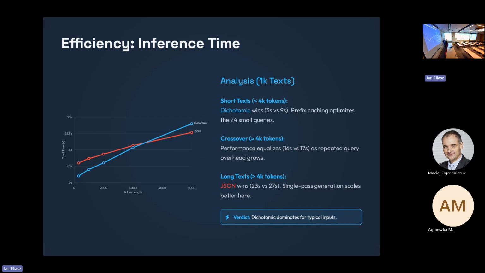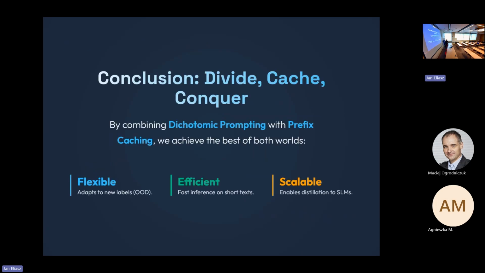But if the text is rather short, which is rather the domain of affective computing, then our approach is 2 to 3 times faster, and this is the main key takeaway from our results.